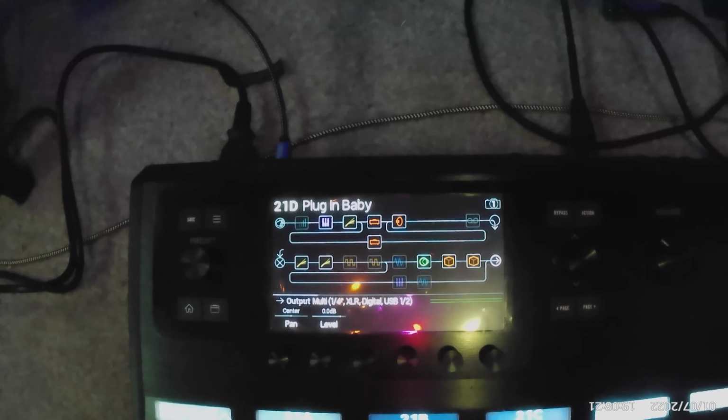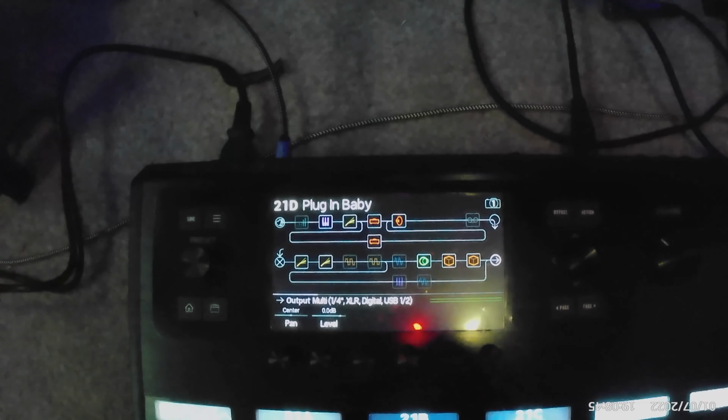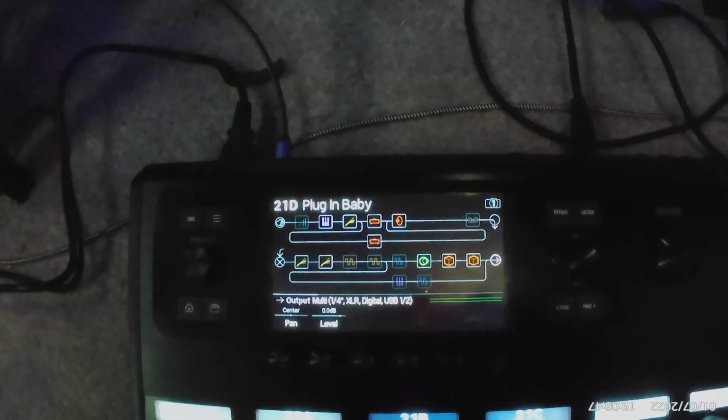So when I run between the four snapshots, I can run from clean to a little bit of crunch, then to maybe a bridge overdrive, and then maybe a solo on the end. Each of them will have a bit more gain on the amp, and it may introduce choruses and delays as you go with that one switch. I find that's great. You have all these lovely readable strips,